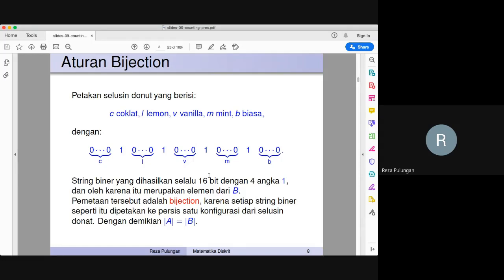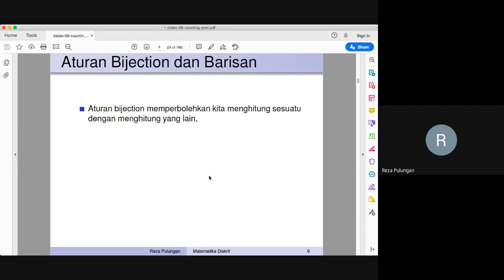And also for each string, imagine I can give you any 16-digit string that contains 4 ones, and then you see it must correspond to one particular configuration of donuts. Therefore, the number of elements inside of A must be exactly equal to the number of elements inside of B. You see?